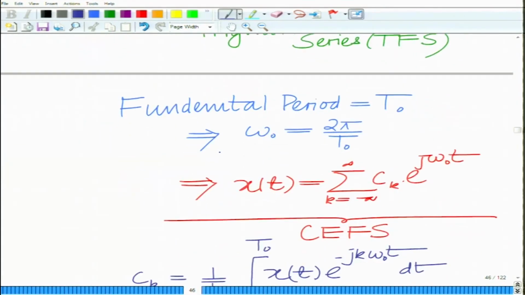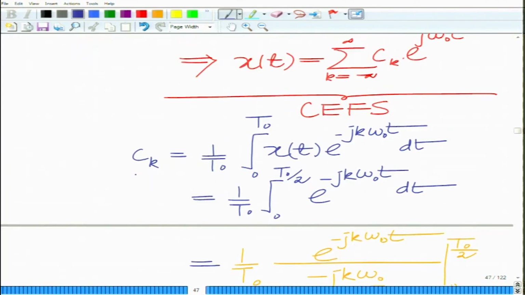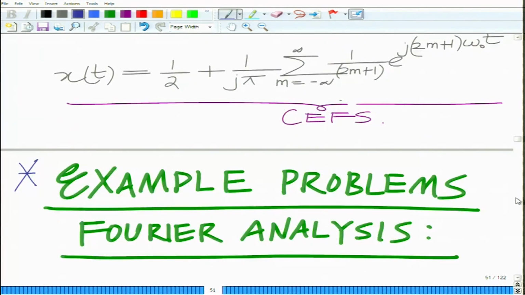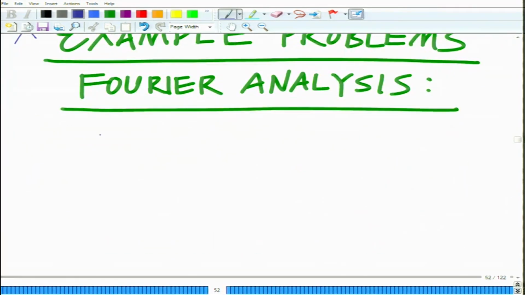We want to look at the TFS, that is the trigonometric Fourier series of this signal, that is the periodic square wave. Okay. And the TFS can be obtained as follows. To obtain the TFS, so we are continuing the discussion. So, the TFS of the above signal can be obtained as follows. Remember, the TFS of any signal x(t) is given as,